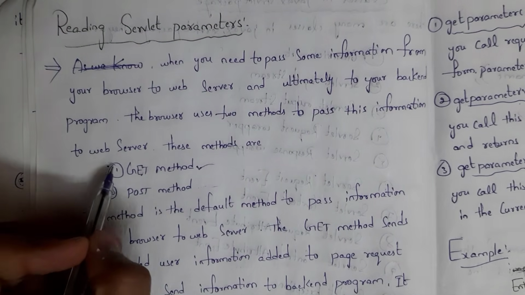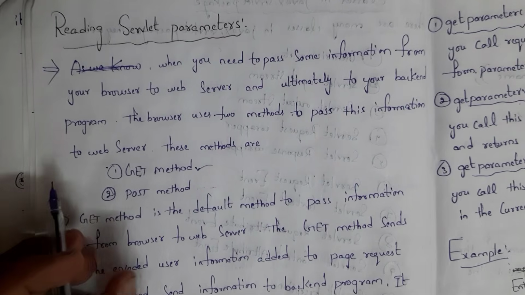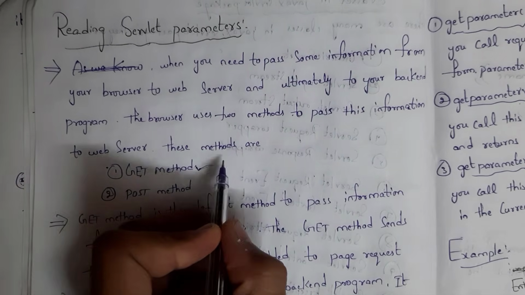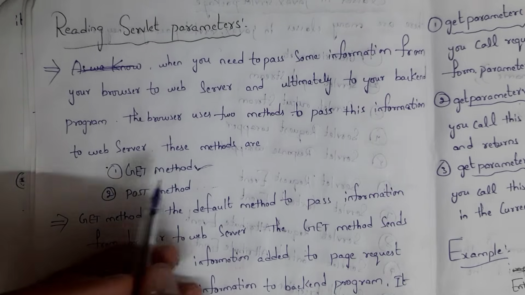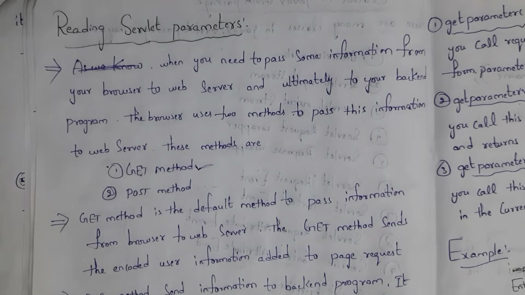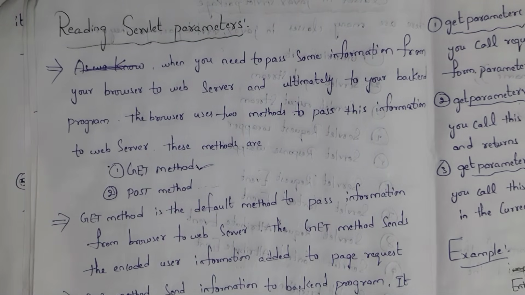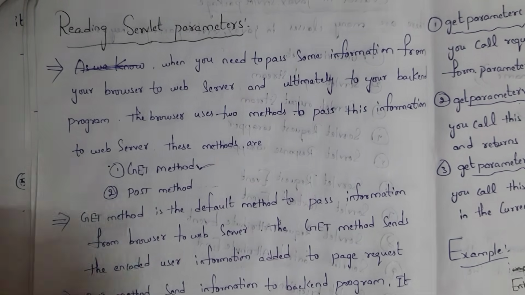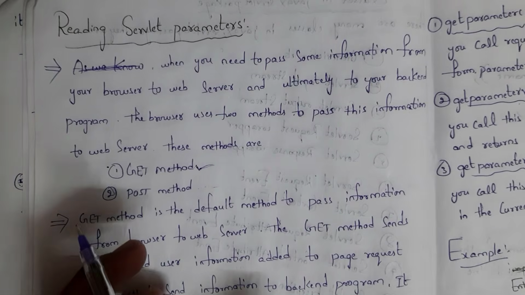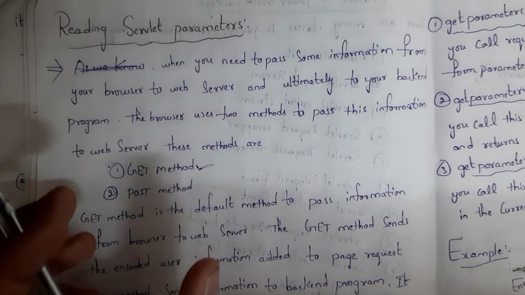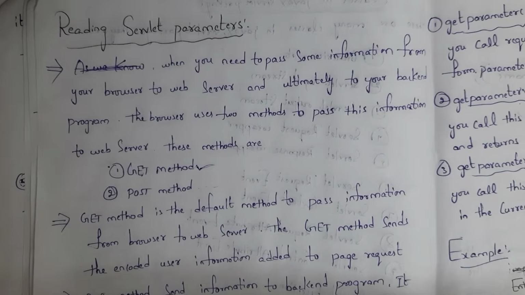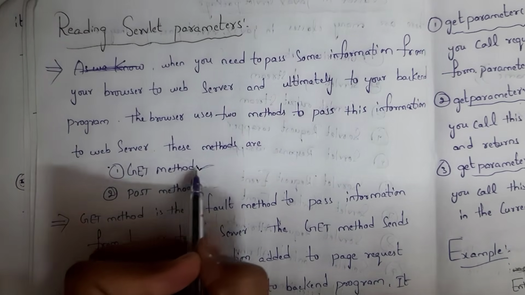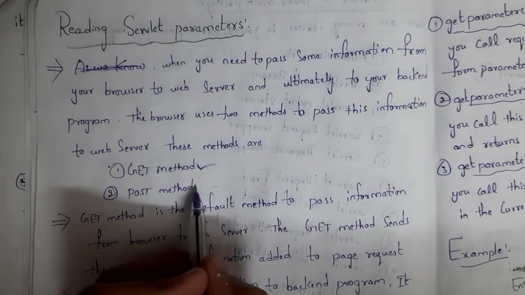Both the get method and the post method are the same. The only difference is that the get method is secure, whereas the post method is not secure. Whatever data the user has entered will appear in the URL in the post method, and whatever data the user has entered in the get method will appear in encoded format. So a hacker cannot hack this data in the get method. So the get method is secure, whereas the post method is not secure.